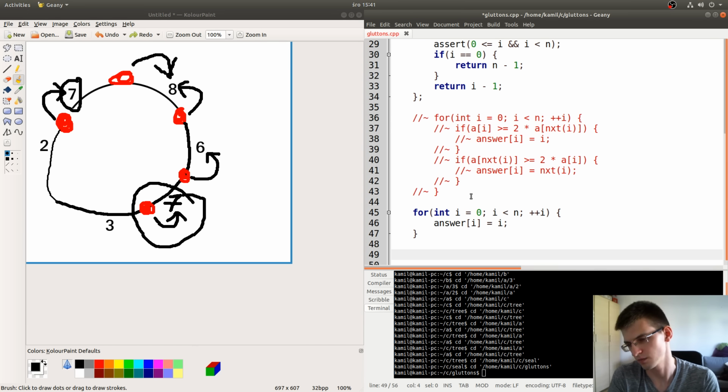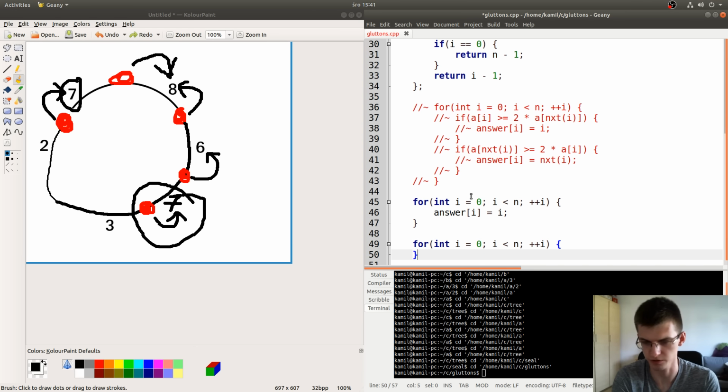And now we try to improve stuff. So let's say we are checking guys in the same order. I don't know what order I should choose. Let's think later. Consider changing e to i plus 1.